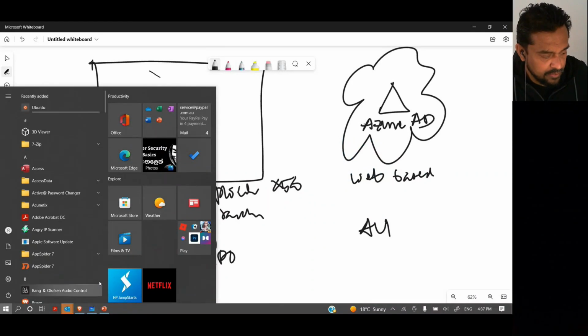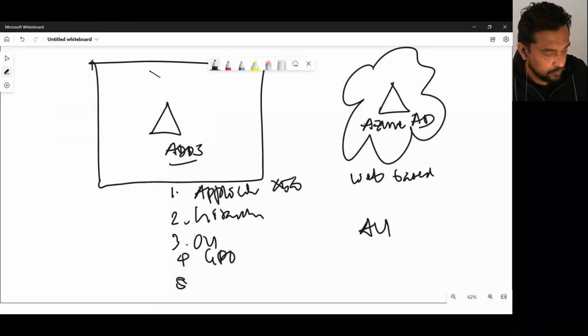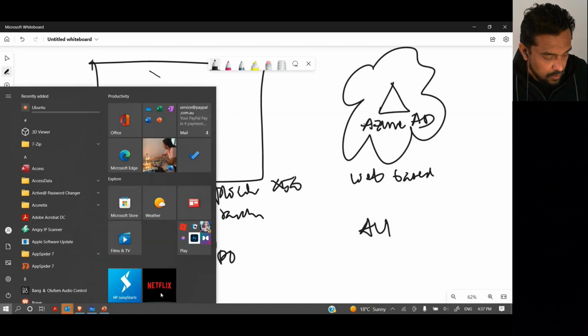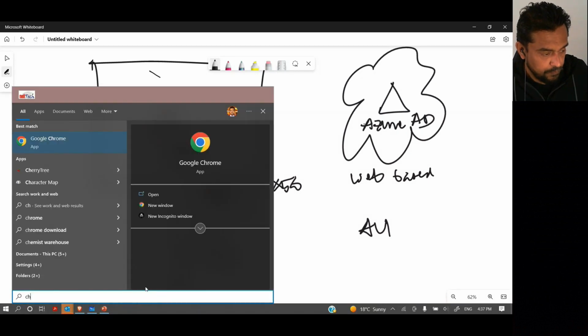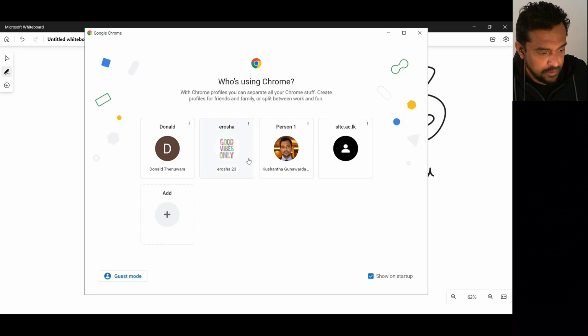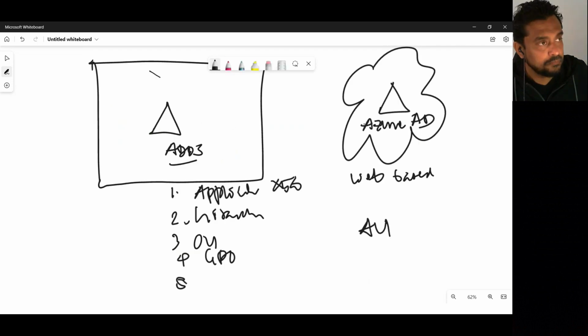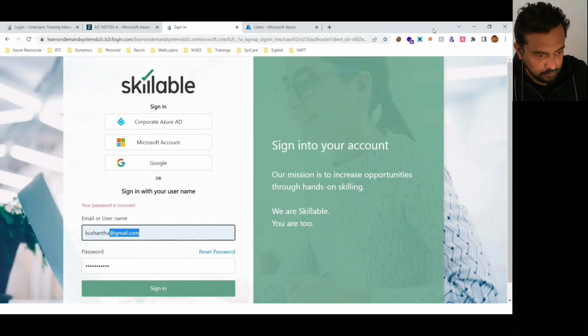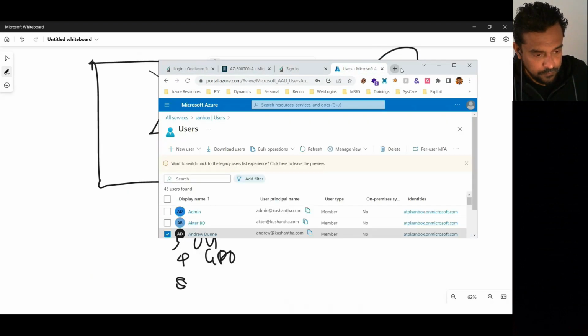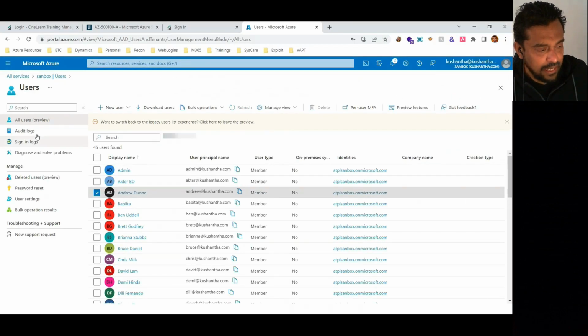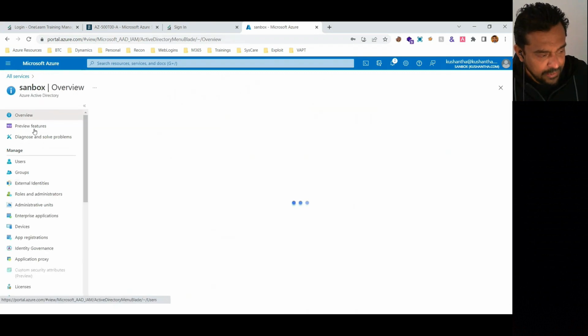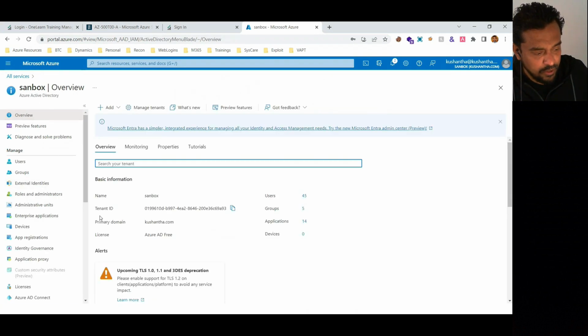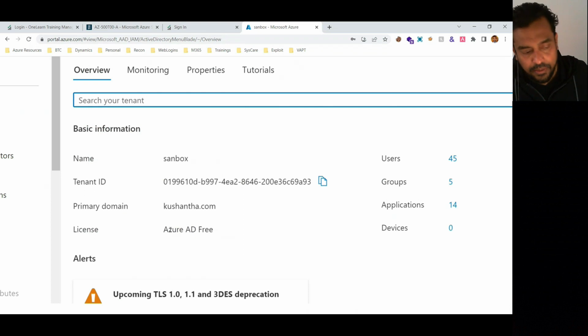What is Azure Active Directory. Let me just go to Directory Domain Services. Yeah, so this is Active Directory. Okay, so in my case, if you go to Azure Active Directory, you would see the license here, and the